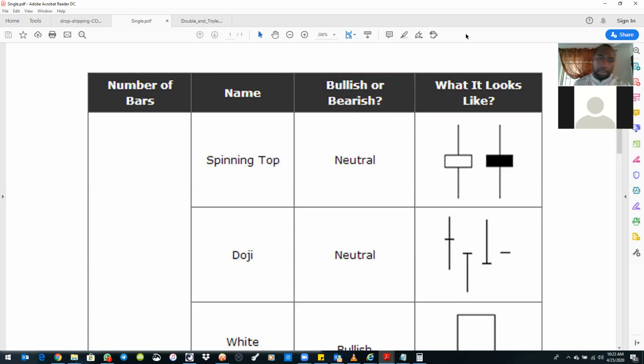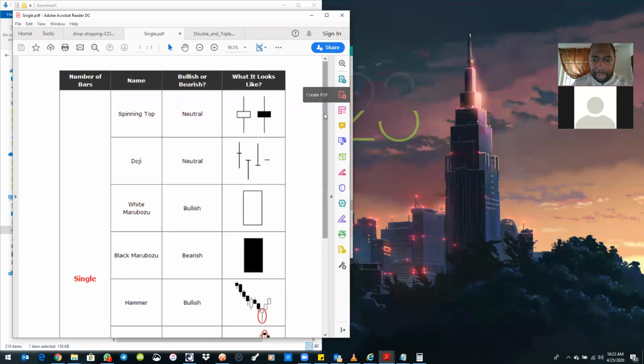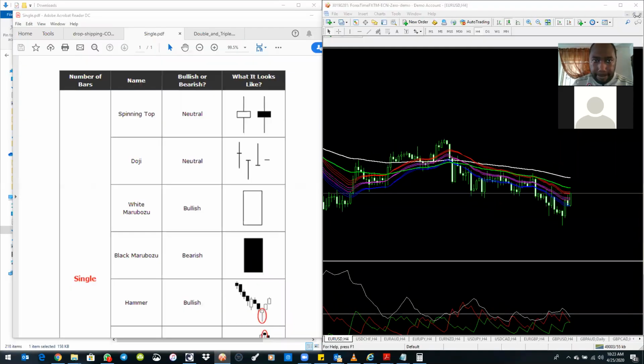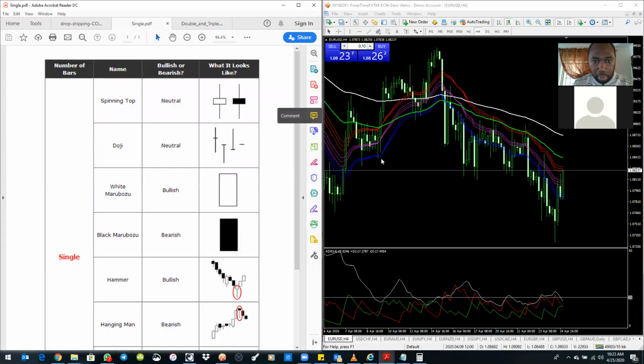Okay, yeah. So let me put this side by side with our chart, right? Let me put these two side by side so that we can try to see if we can identify any of these candlestick formations. Let's see if we can identify any of these candlestick formations on a live chart. Yes, the market is closed over the weekend, but at least we have the most updated price information as of